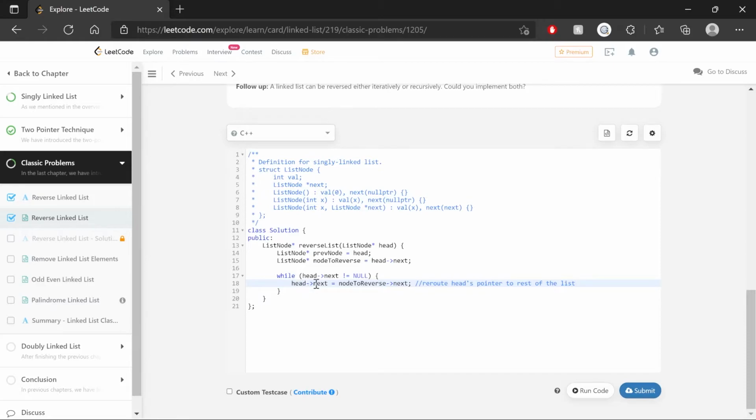And here is where we're going to accomplish those 4 steps that I explained in the planning process. First up, we reroute head next to point to whatever node to reverse is pointing to. So head next is going to be equal to node to reverse next. Next up, we can reverse the pointer for our node to reverse. So node to reverse next can now be freed up to point to previous node. With the reversal complete, previous node can now be updated to what node to reverse is currently set to. And now that frees up node to reverse to be reassigned to whatever head next is pointing to, the next